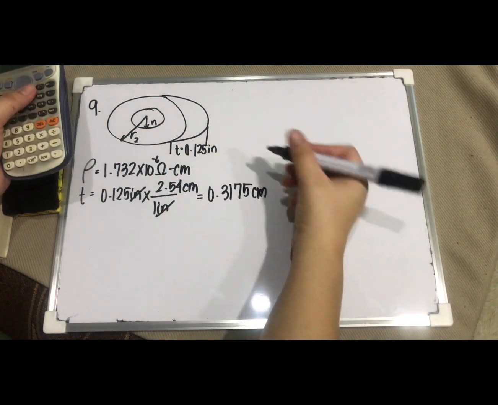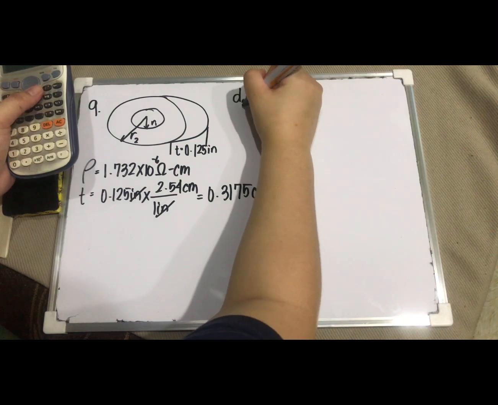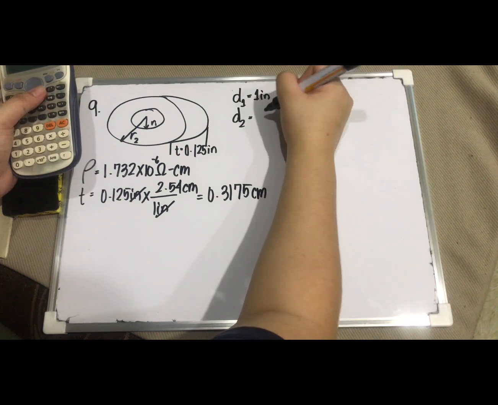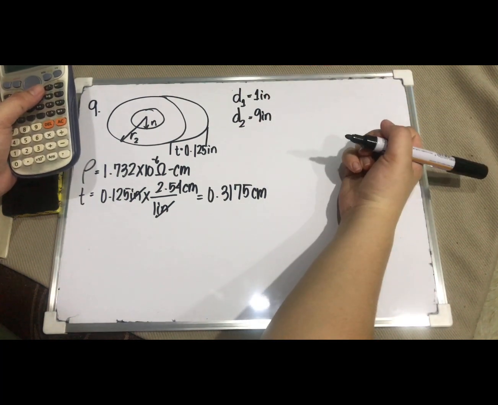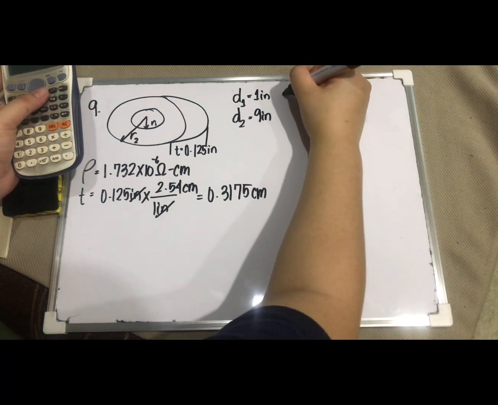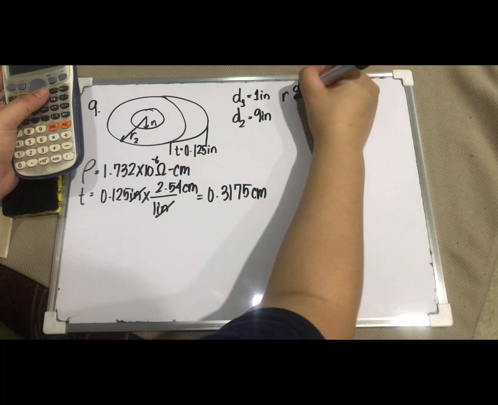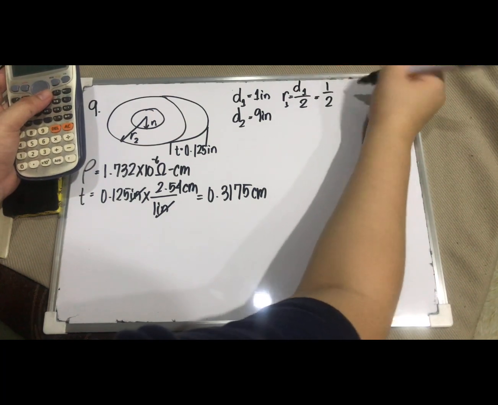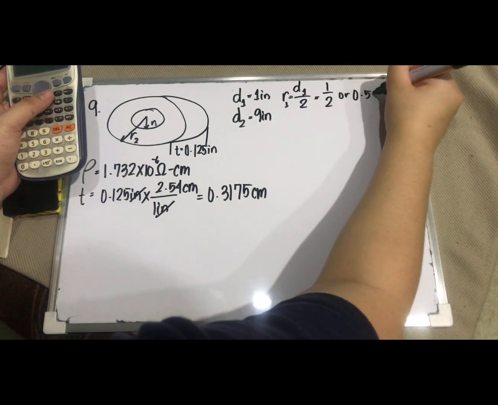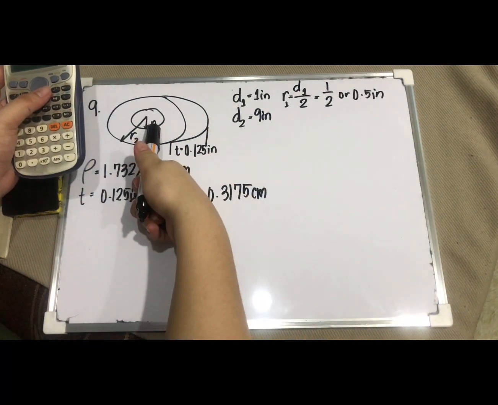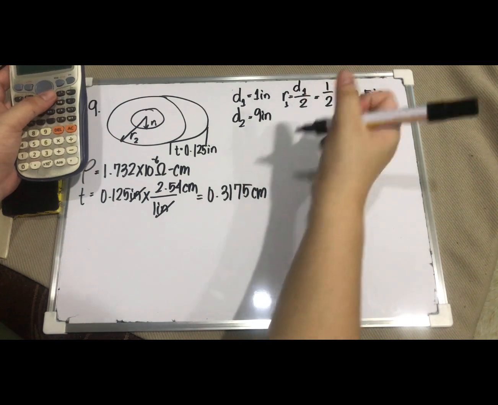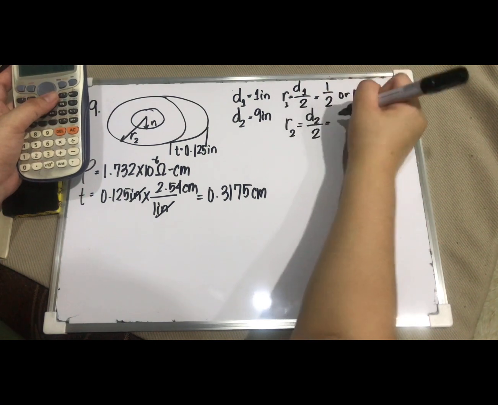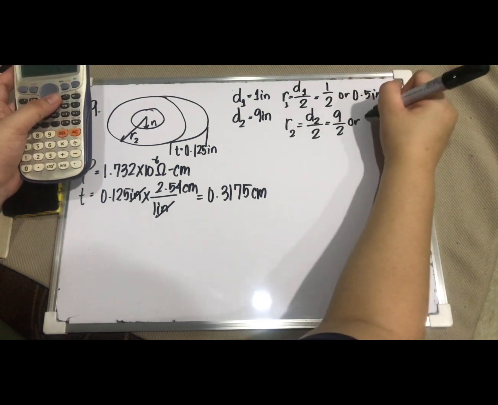So, yung inside diameter niya ay 1 inch. Ang outside naman ay 9 inches. So, pag kinuha natin yung radius, ang radius ay diameter divided by 2. So, 1 over 2 or 0.5 inch. Yun yung inside radius niya. Ang magiging radius ng outside diameter niya ay d2 over 2, 9 over 2 or 4.5